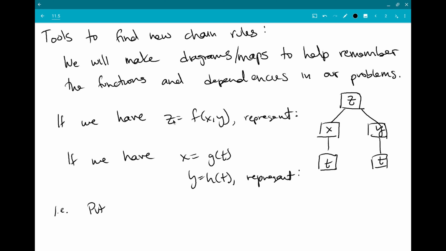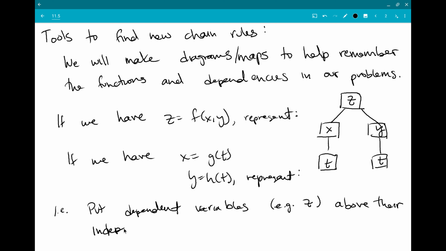So what you're going to be doing is putting dependent variables, for example, z is dependent on x and y, above their independent variables,